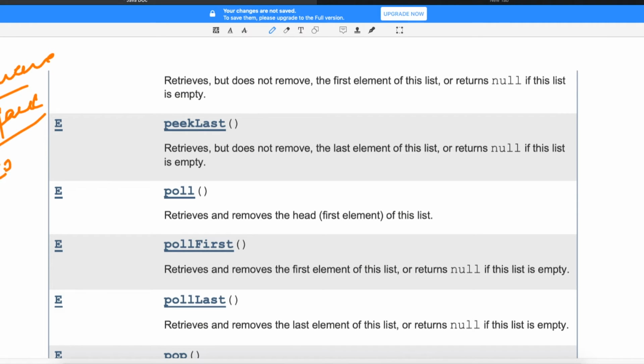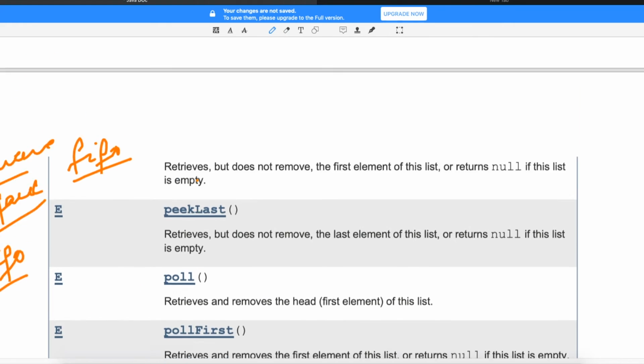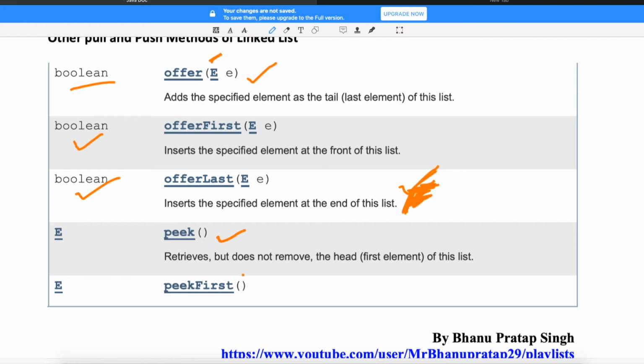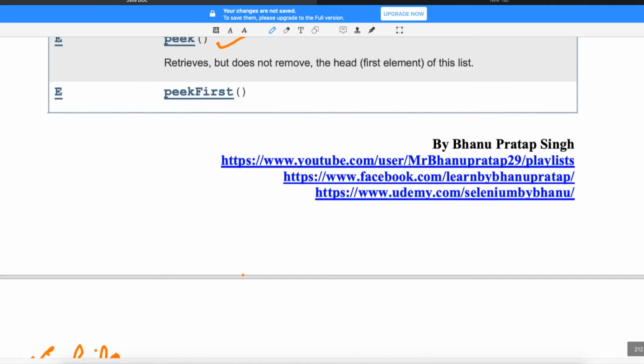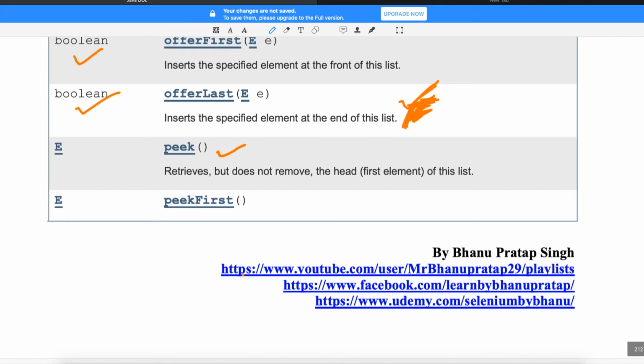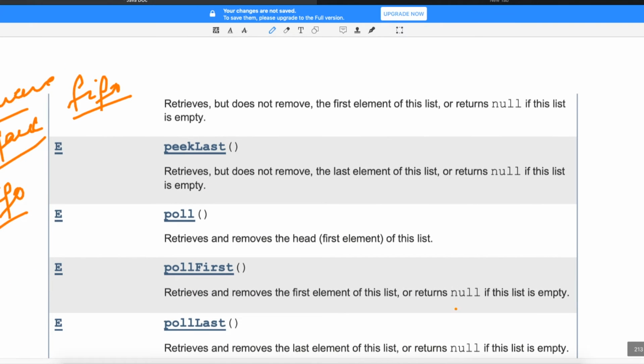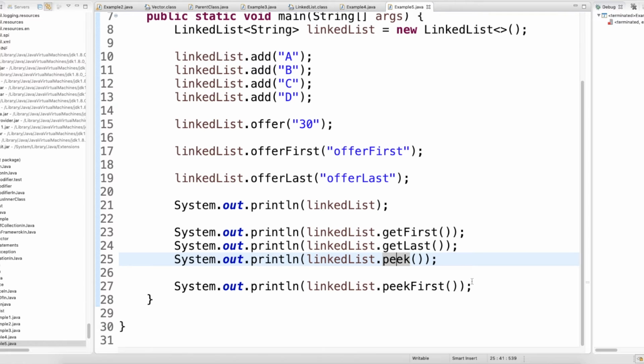So these two, see, stack is LIFO, last in first out. This is FIFO, first in first out. For that we need to have the methods, and all these methods are provided by the linked list, and whatever you are seeing, basically these are all stack and queue methods, offer, pick first and all that, right? So that is the reason we are trying to understand here. Later I will show you how you can write the implementations of stack and how you can write the implementations of queue after this. That is the reason we need to cover these methods here, right? You can see that pick first also. Now you have something called pick last. So pick last, how will it work? Same thing. You can go here.